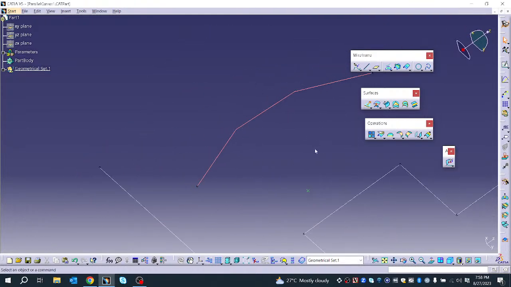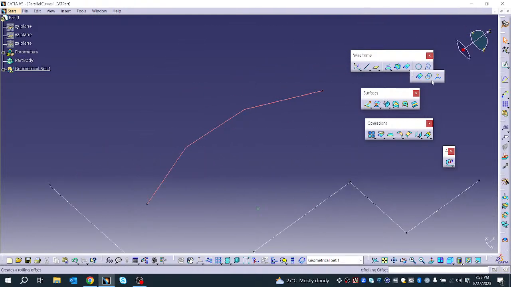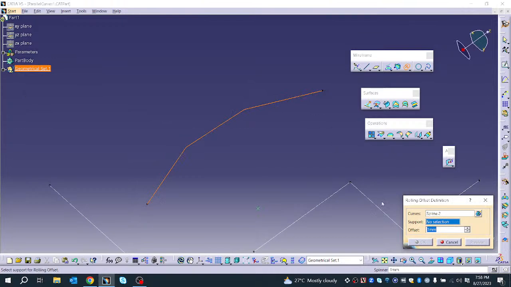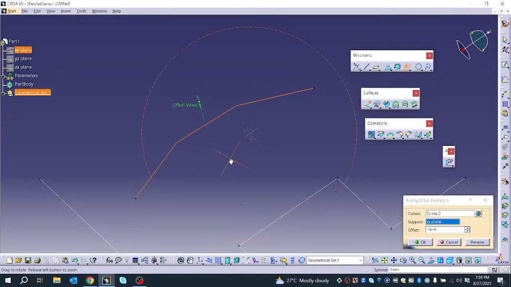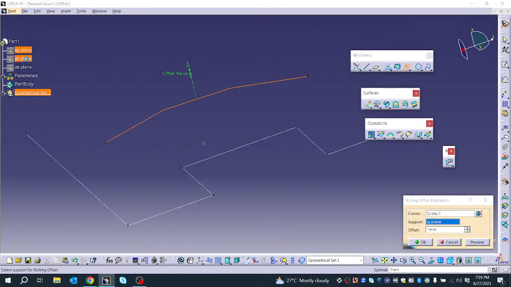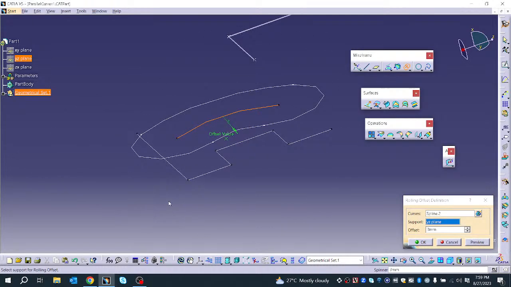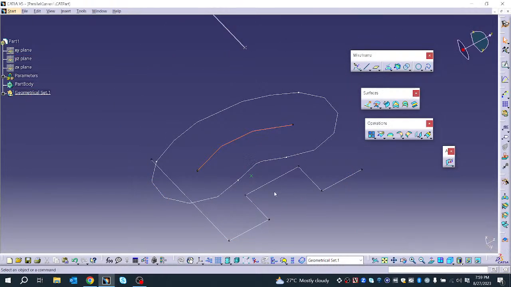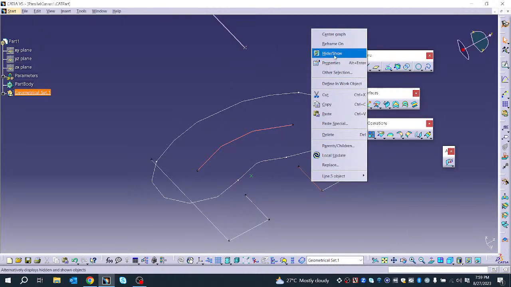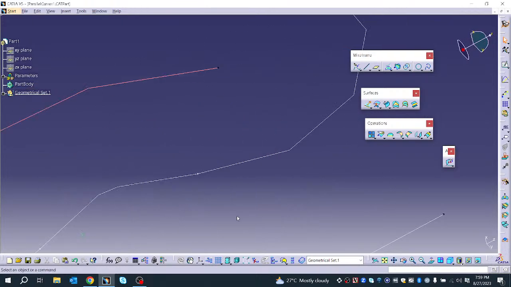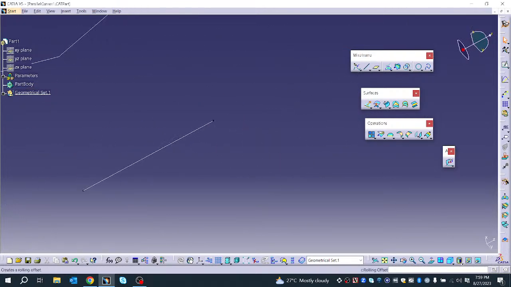Okay, I want you to just see the functionality of this rolling with object. So here the support is the XY plane. Okay, the support is the YZ plane and I want an offset of 3 mm. So you can see it will create a rolling element. You can understand very clearly with this element. Just go with the rolling element,